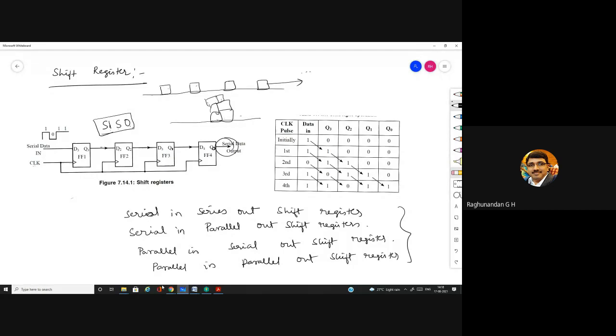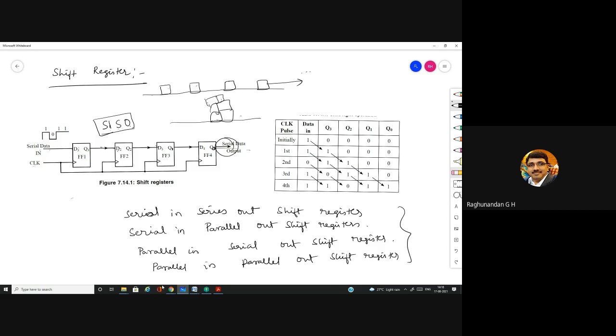When the first clock is pressed, it takes the first bit in and gives it out. At the same time, when the rising edge of the clock comes here also, because we are having a common clock for all, one bit is entering and that bit will be going. When the next clock pulse comes, this bit comes here, this bit goes here, this bit comes here, and when the fourth clock pulse is given, it is going to come out.